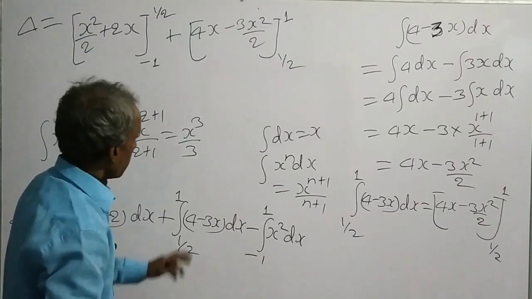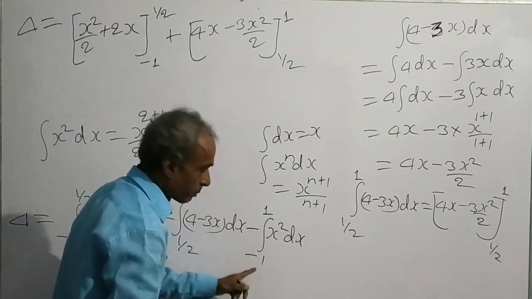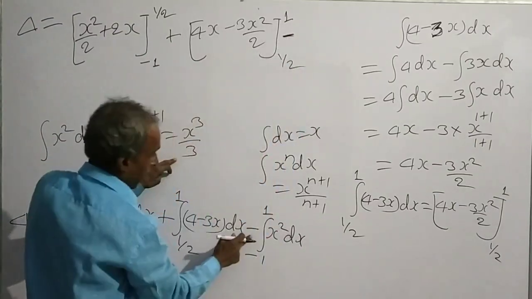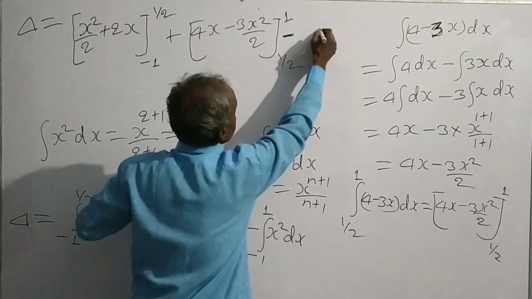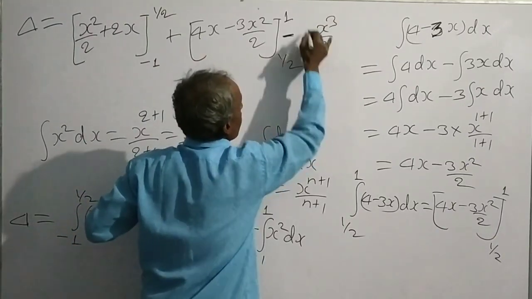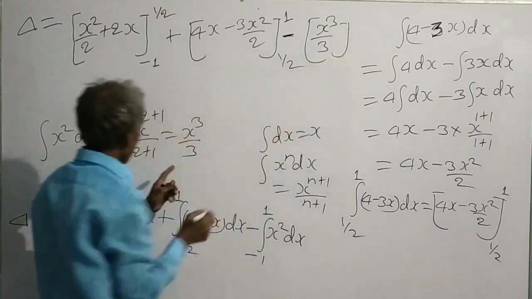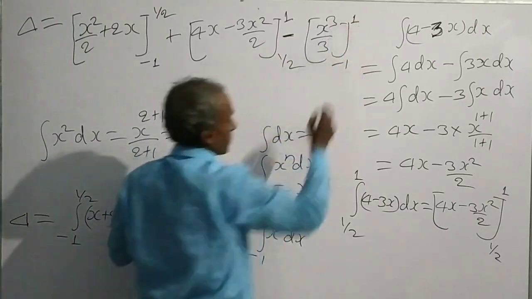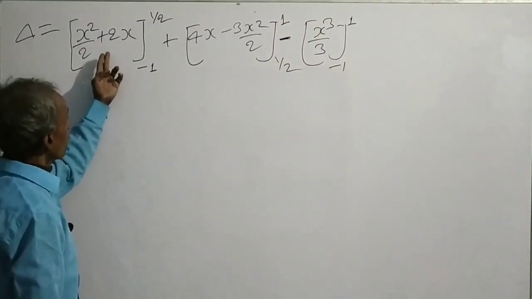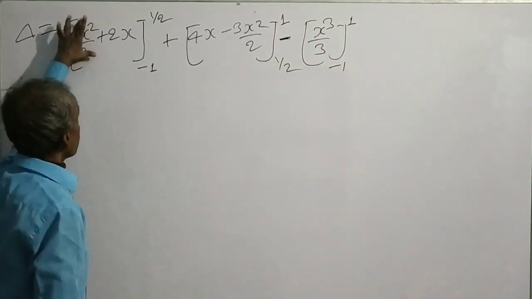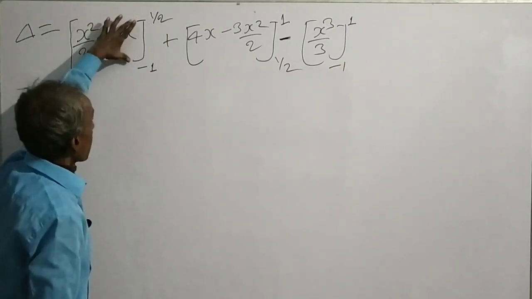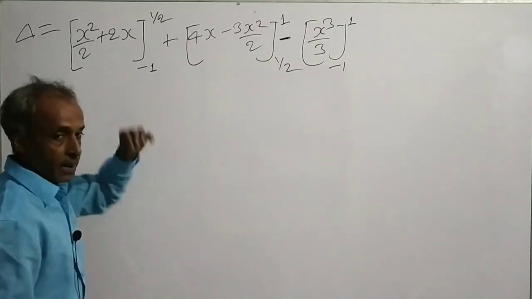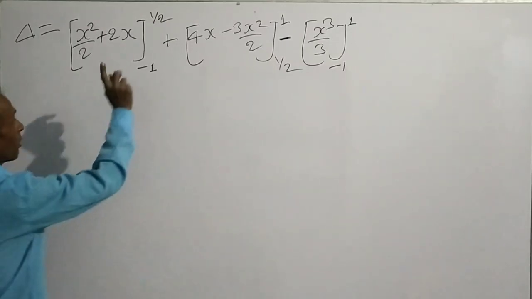Therefore, the definite integral will be minus x cube by 3, limit of integration minus 1 to 1. To find the value of the expression enclosed inside this bracket with limit minus 1 to 1 by 2,